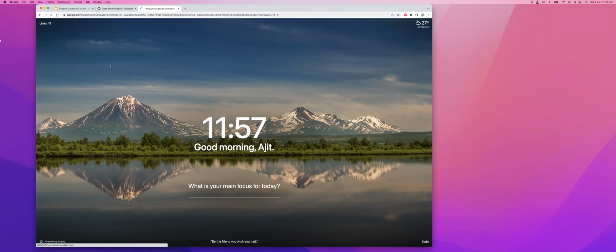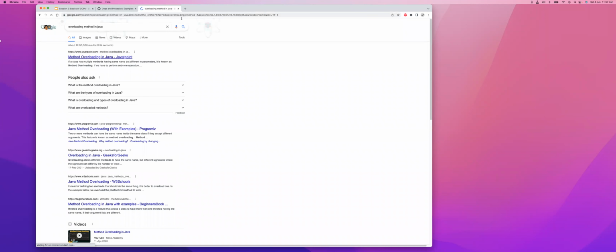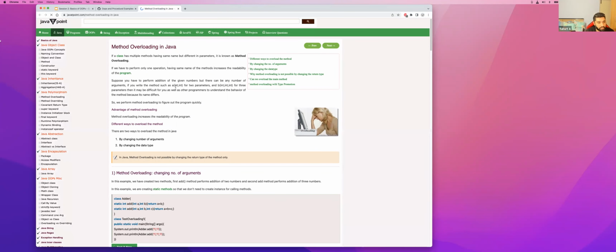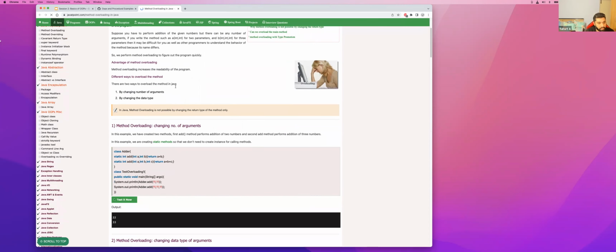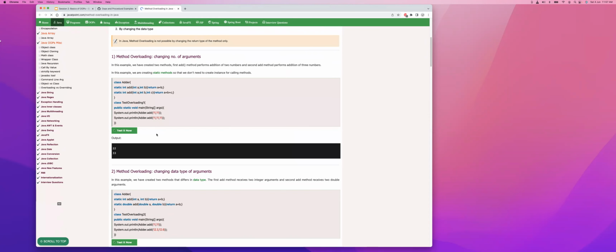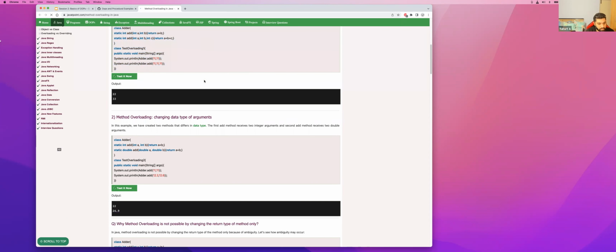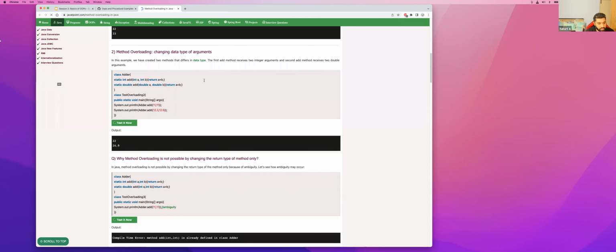So I think this is compile time polymorphism, and the one you are talking about is runtime polymorphism. Yeah, so I think this is a good example. By changing the number of arguments, you are able to do that. So if you have defined different structures in this, you should be able to do that. Test it. Yeah, so there's no, okay, this is where I